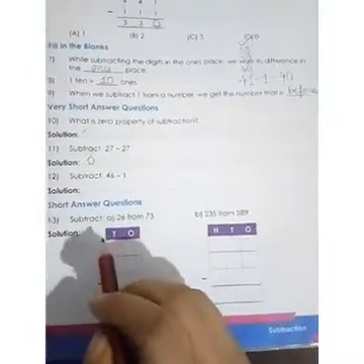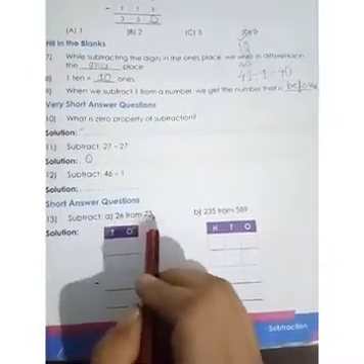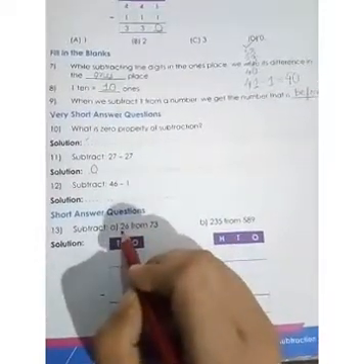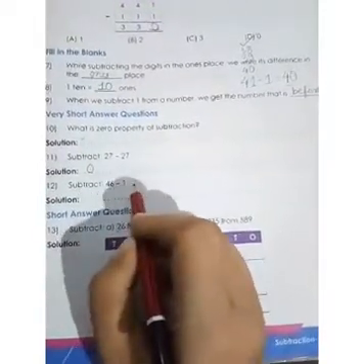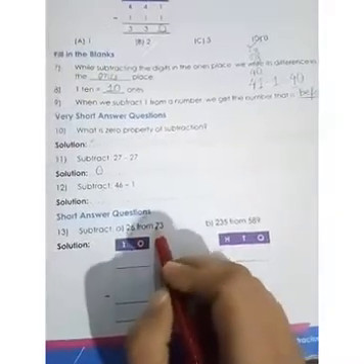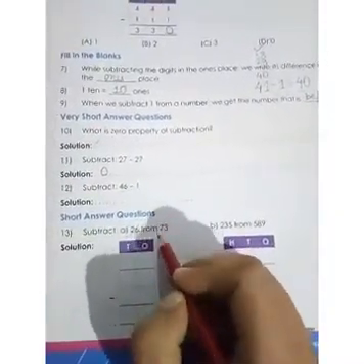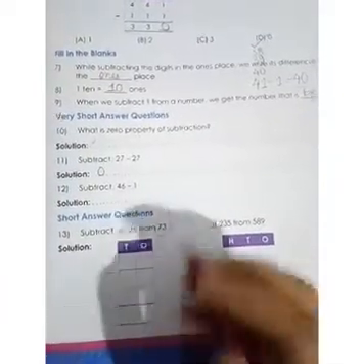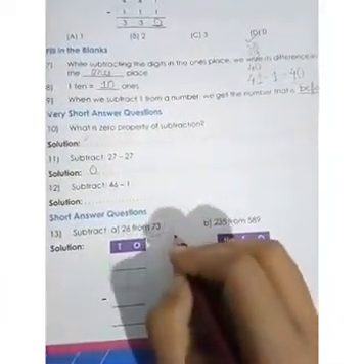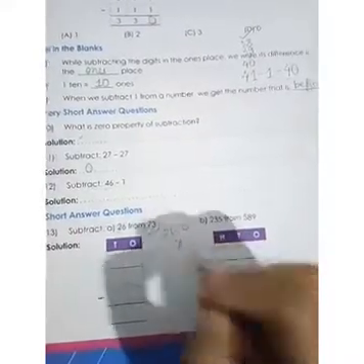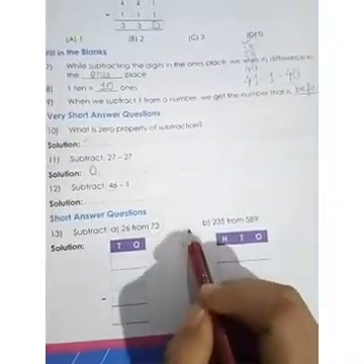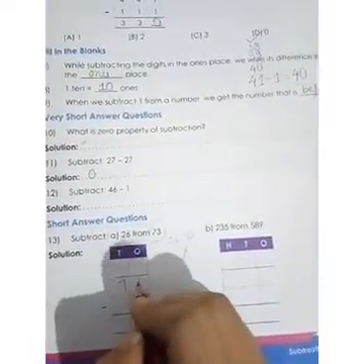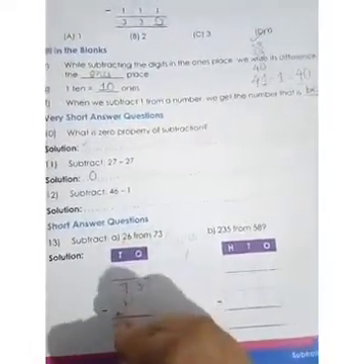Now in question number 13, it is given 26 from 73. Now don't get confused. If the question is not given directly like that, if it is given 26 from 73, in subtraction always put the bigger number at the top and the smaller number below. I have seen children writing 26 minus 73. This is wrong because you cannot subtract a bigger number from a smaller number. So the bigger number will come here, 73 and 26.